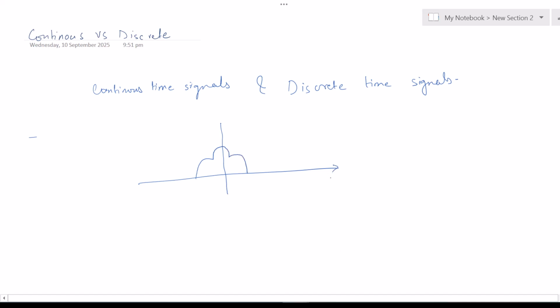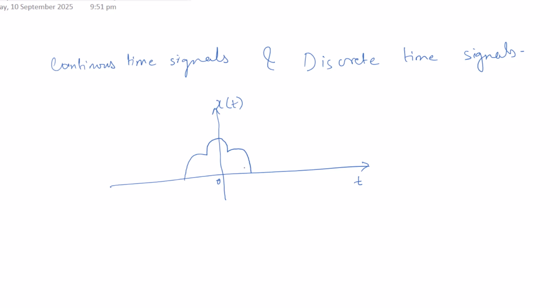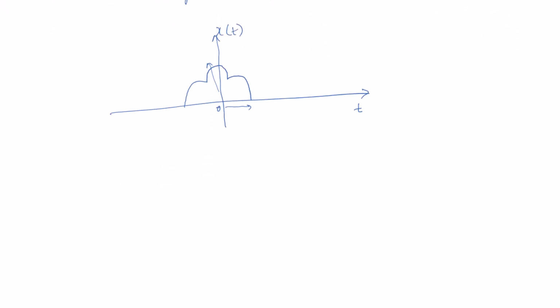So this is the time axis and this is our function, which is represented by x(t). A continuous time signal is defined as a signal which has infinite values on the time axis, or the x-axis, as well as on the y-axis. So if we make a continuous signal a periodic signal,